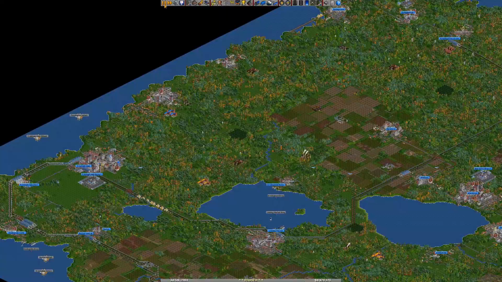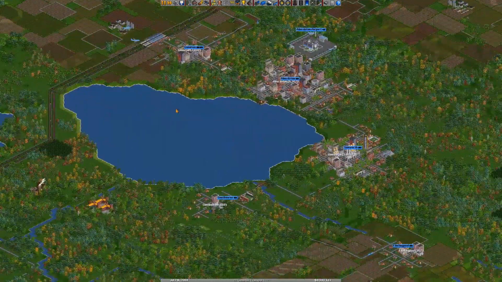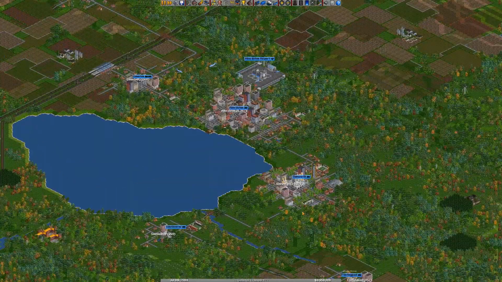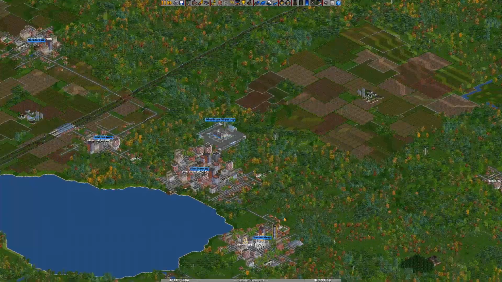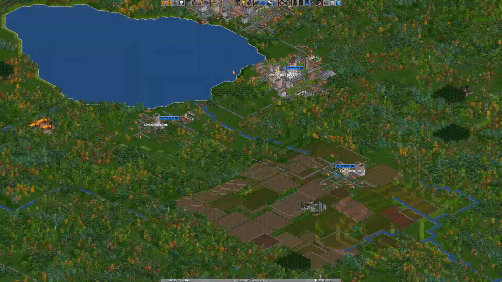Might start working on running monorail in a few places. Probably replace the bus network over here. Replace all of that with monorail. Oh, I still have the bus network, but just add a monorail that just kind of loops it around. Make it clearer and cleaner. I might run the loop all the way around the...